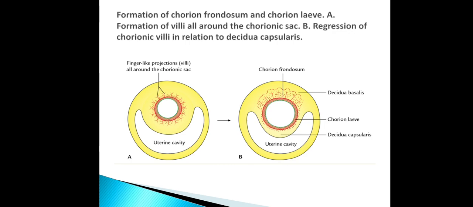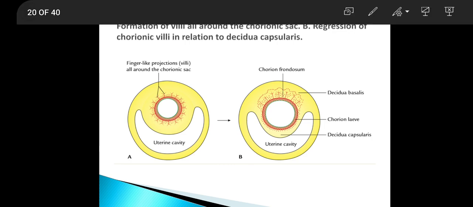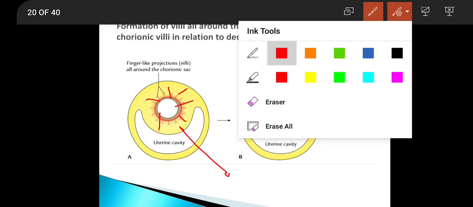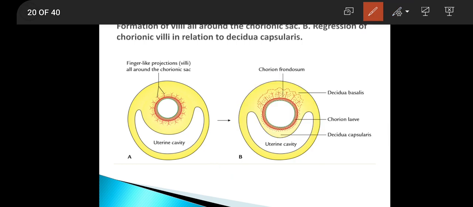Now, the formation of chorion frondosum and chorion laeve. Here in this diagram you can see this is the decidua capsularis, and you can see there are some finger-like projections from the chorion extending all around the chorionic sac. So finger-like projections from all around the chorion are arising all around the chorionic sac,